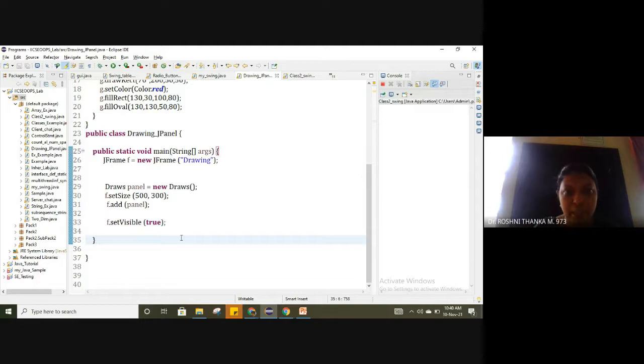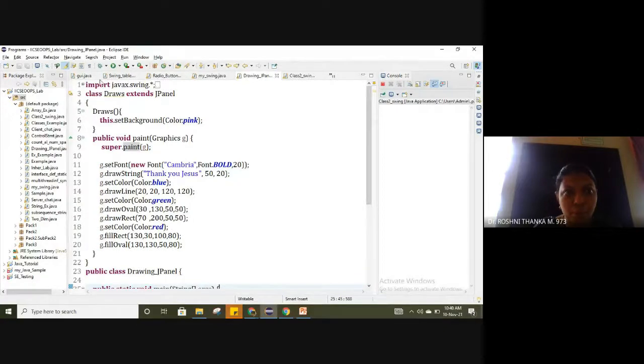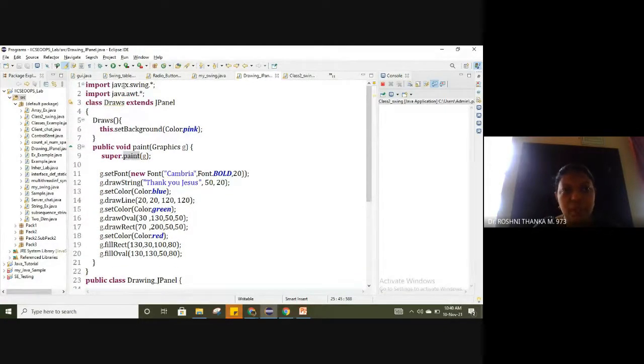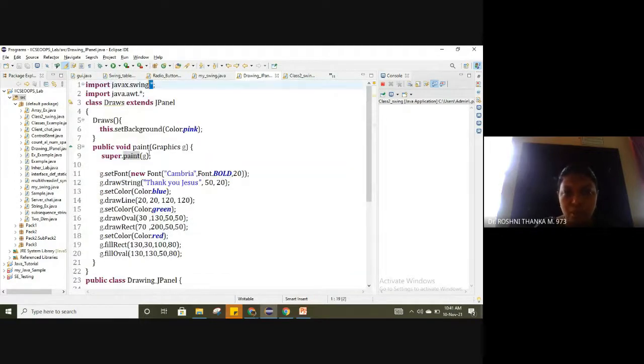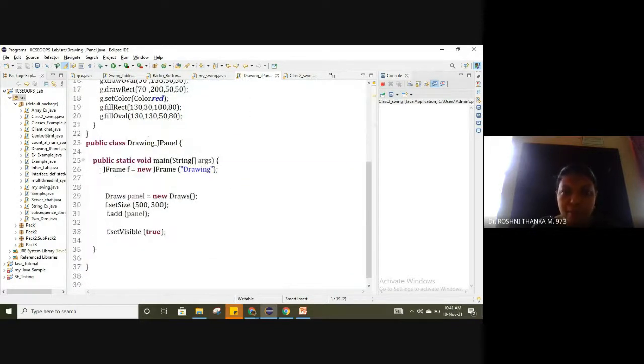Okay, normal class, class name, all these things. Main function is there. As usual, you have to import all the header files, Swing as well as the AWT. All these drawing components are present inside the AWT only. So JFrame is present inside Swing. Okay, so I'm creating a frame first as usual with the title as drawing, and then here I have created